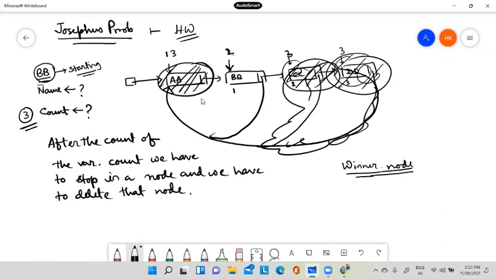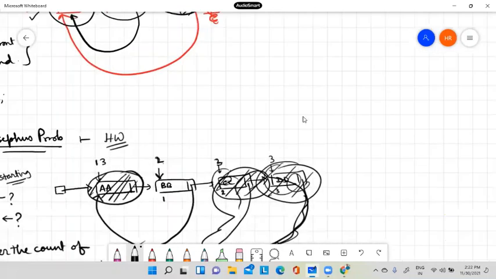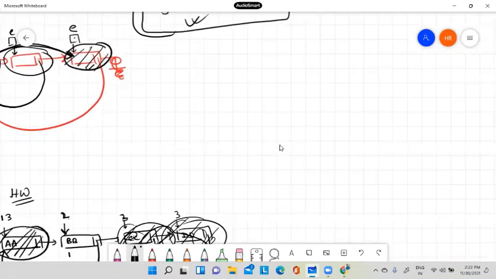Then from that starting point you have to start counting, and whenever your count is fulfilled, you have to delete that particular node. In this way, when there is only one node left, you have to stop, and that node will be declared as the winner node. Okay. So this is called the Josephus problem, an application of circular linked list.